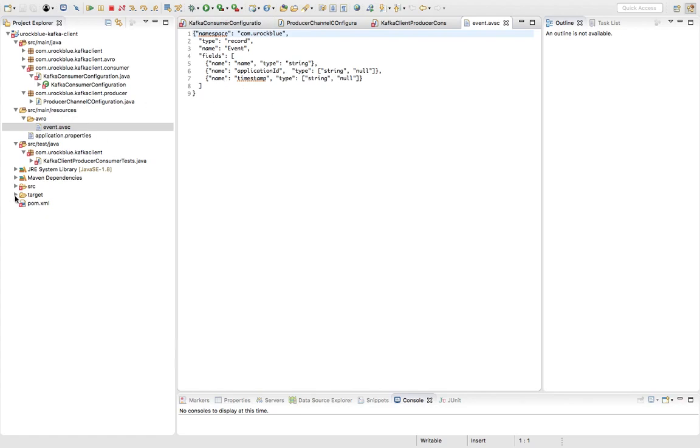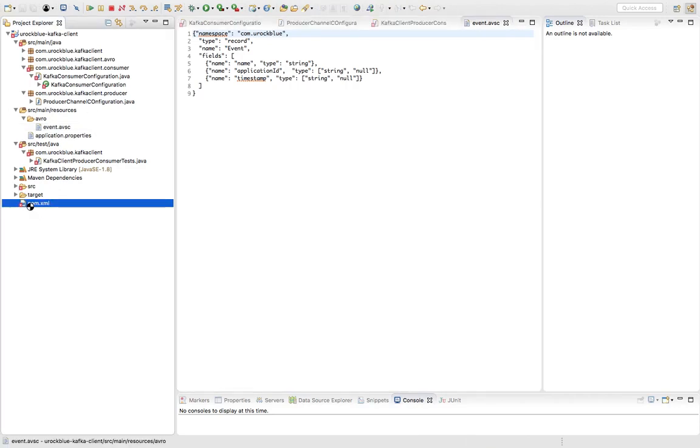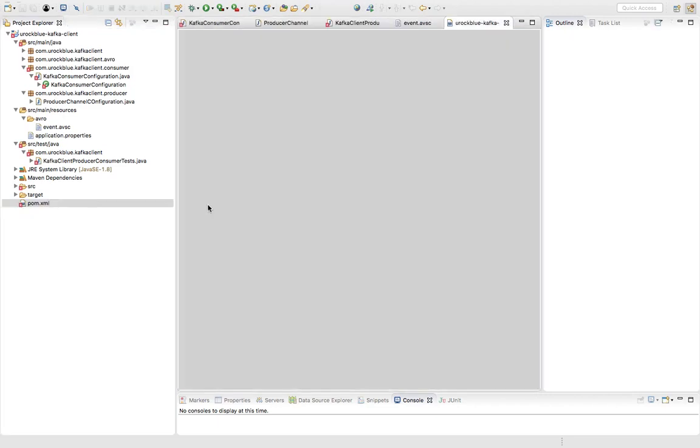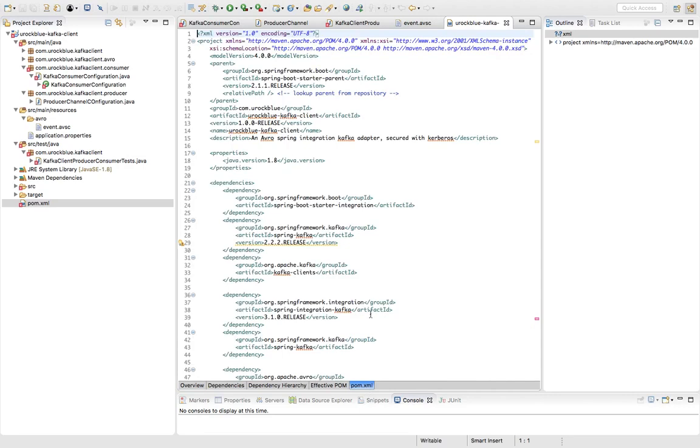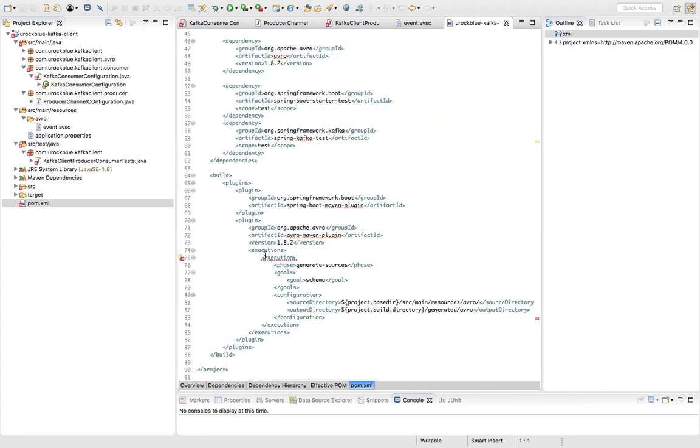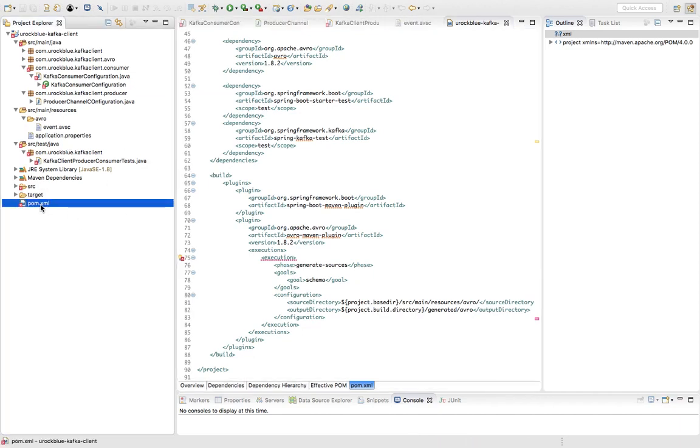Now let's go ahead and run this using the Maven plugin. I have added one Maven plugin in the POM. This is the Avro Maven plugin, which basically generates the source files from the Avro event schema. Now if I run this,